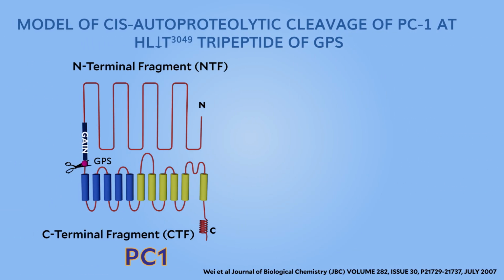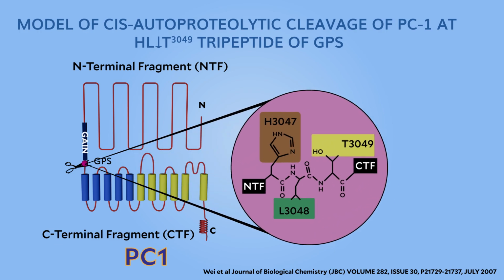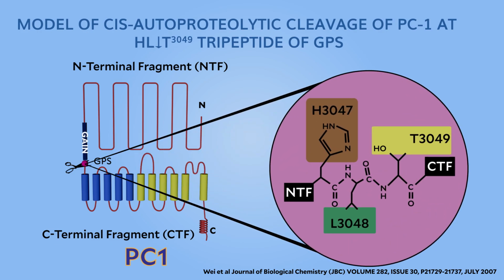Now, brace yourself for some intense chemistry to understand the proposed mechanism of polycystin-1 protein cleavage. Here is a magnified image of the GPS motif. The cis-autoproteolytic cleavage of PC1 occurs at a conserved HLT tripeptide within the GPS as shown here. The actual cleavage occurs between leucine, marked as L, and threonine, marked as T. Cleavage of polycystin-1 at the GPS site occurs constitutively and extensively and takes place in the endoplasmic reticulum shortly after